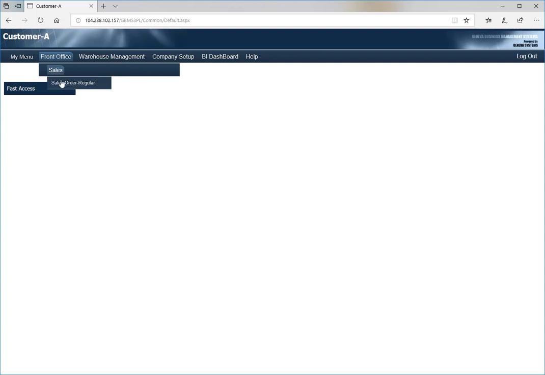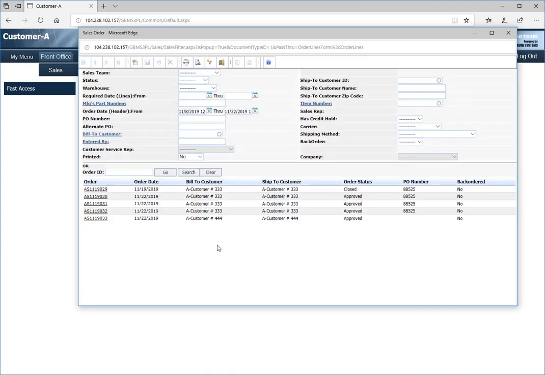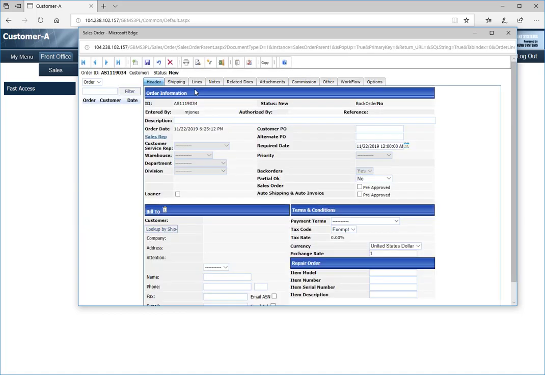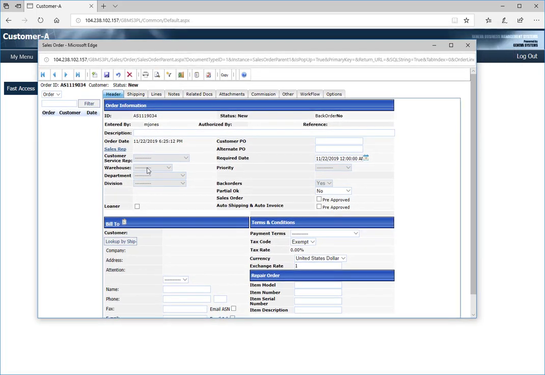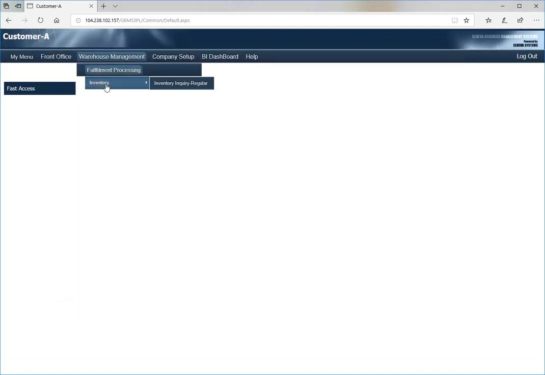If we click on the sales orders and open up the sales orders, and we click on the search button, Mike can see all the sales orders that have been entered in between the period of 11/8 and 11/22. If he wants to create a new one, he can click on the new button, and he can now create a new sales order. Mike also can go to fulfillment processing